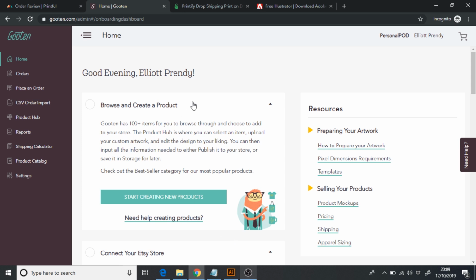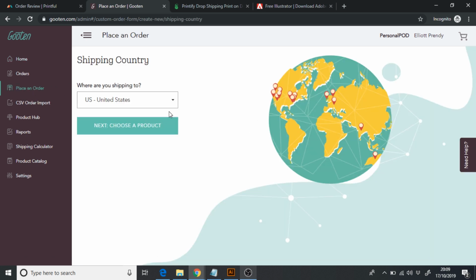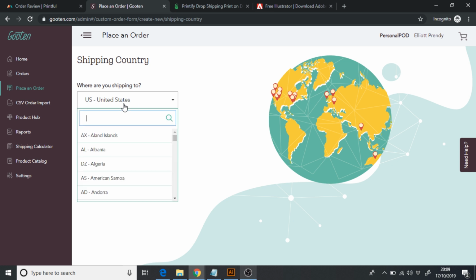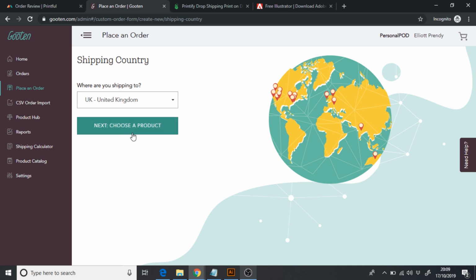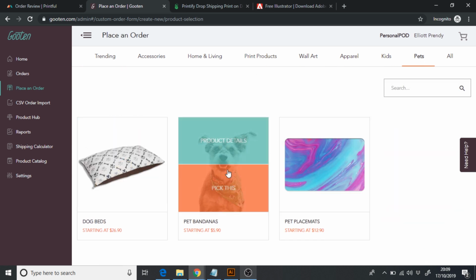And from here, you can actually go and make a sample order. So over here where it says place an order, we can go and click on create a new product, and then we can go and choose our product. So where are we shipping to? So for example, in my instance, I would go and pick the United Kingdom, and then go and click on choose a product. And then from here, we can go to the pets one, and then there is my pet bandanas. I can go and click on pick this,